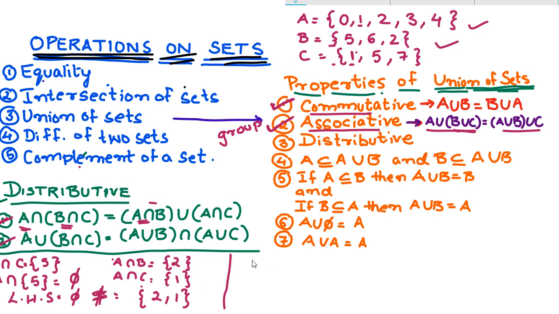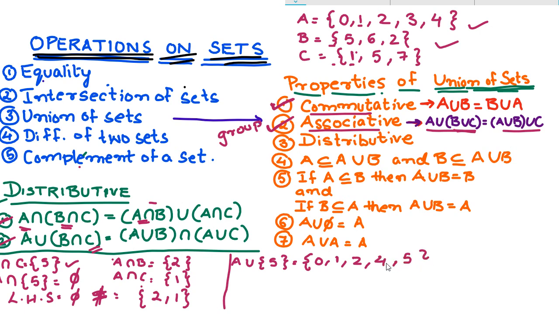Okay. So first we will do B intersection C. B intersection C we have done it here. So let's take a singleton set 5. Again it is A union of this. So you have A. What is A? A is 0, 1, 2. So you have A union 5. This basically gives you all the elements of A and the 5. So it is 0, 1, 2, 3, 4